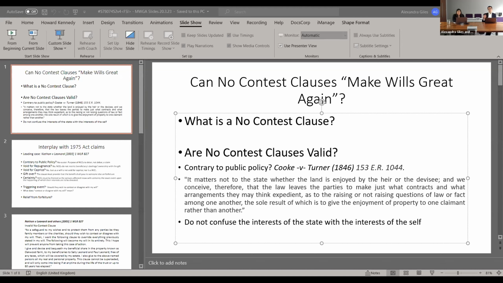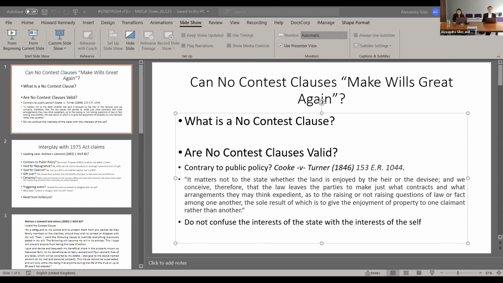And obviously in the context of Sir Gregory Turner being declared insane, you can see good reason why Mrs. Friars might have thought there were some concerns about the will being valid. Nevertheless, Sir Gregory Turner died without revoking his will, and following his death, Mrs. Friars did decide to challenge the will. So the question put before the Privy Council was whether her challenge activated this no contest clause and whether it was valid such that her entitlement was lost.